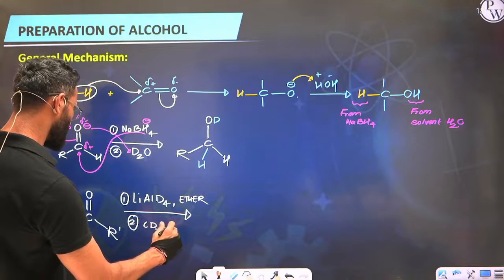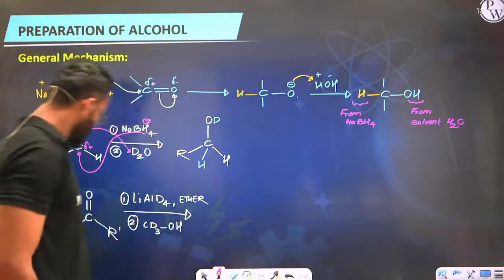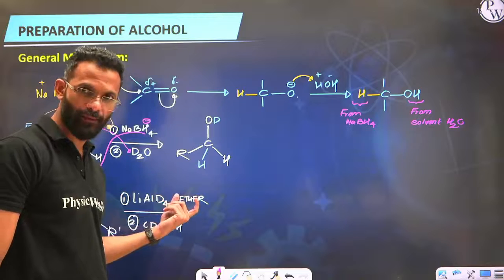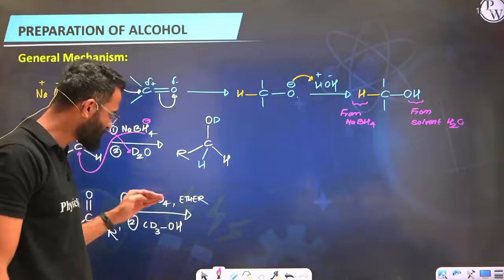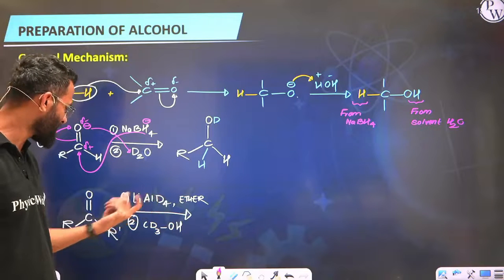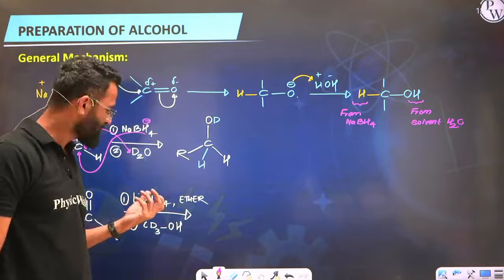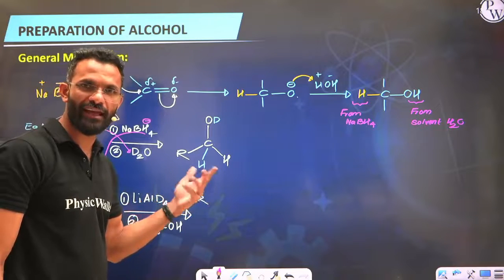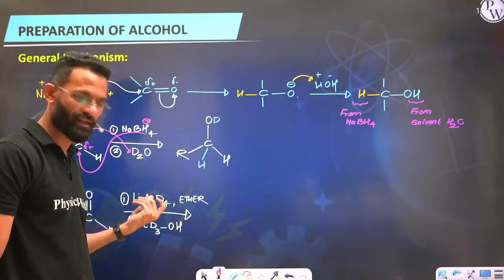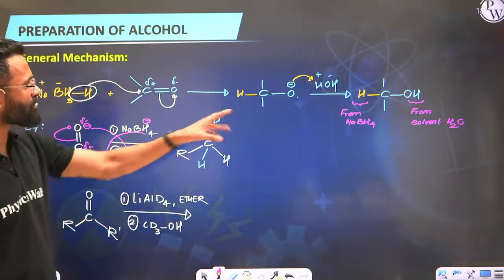CD3OH. Now this could be misleading, everyone. Look, you added LiAlD4 in an ether, to avoid the reaction of LAH with water. So what happens, as much amount of hydrides or deuteride are required to add to carbonyl compound, those would be added. Now whatever is present in excess, we bring in contact with external ether so that ether consumes the remaining amount of D minus or H minus. Once all the H minus have been consumed, then the desired intermediate compound you get,